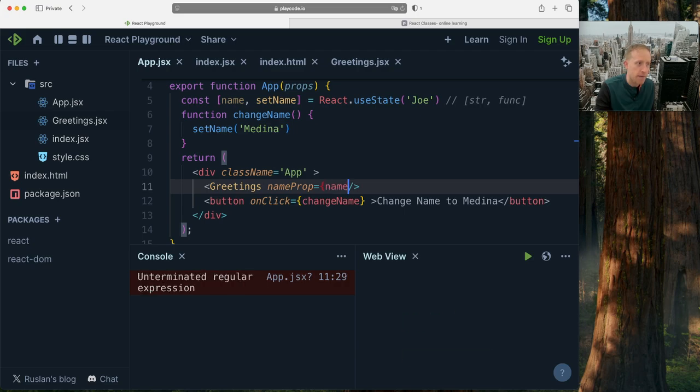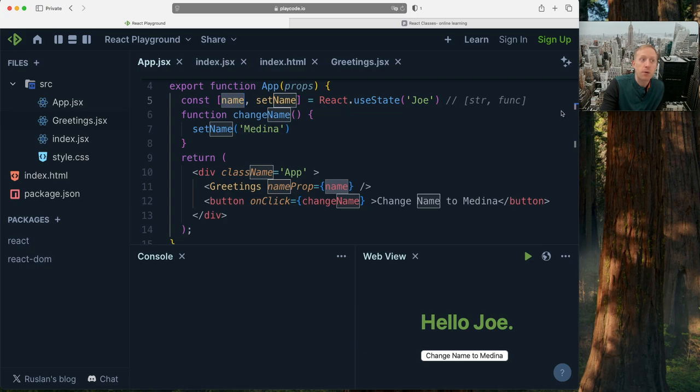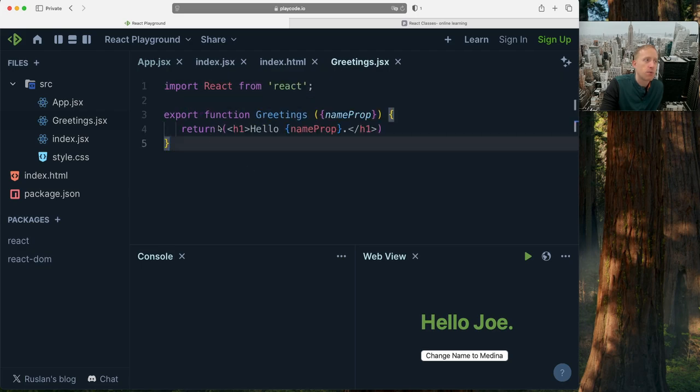If we pass in name instead of hard coding it, we can pass in this name variable that we create. We created Joe in this app function, and we said name is originally Joe, and then we can set it later if we want. So name is Joe the very first time we refresh the page. We then pass that to greetings as the name prop, and so greetings will render an H1 that says hello, and then whatever the name prop is, which is initially